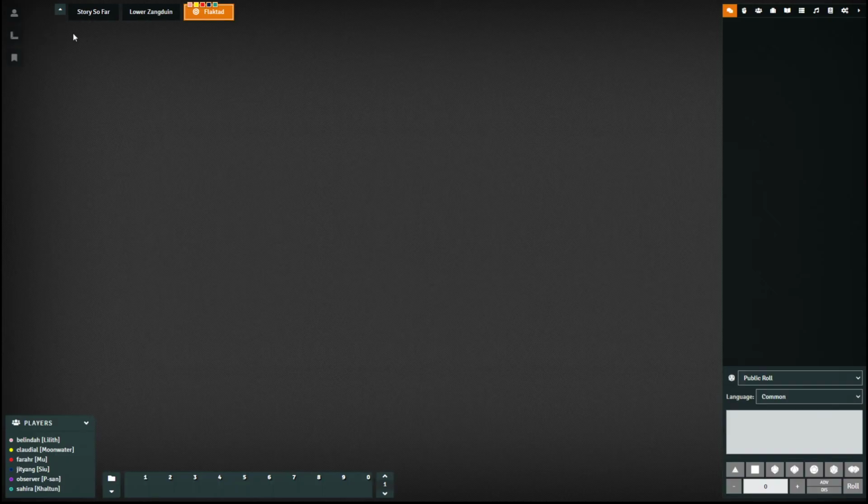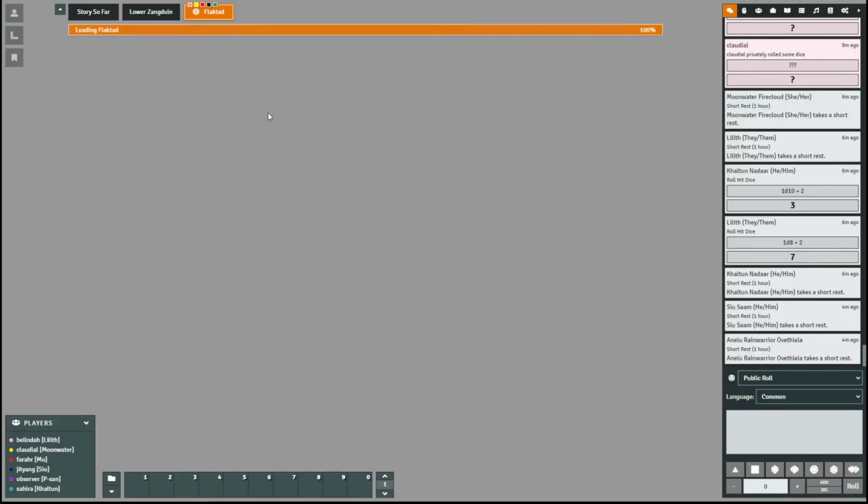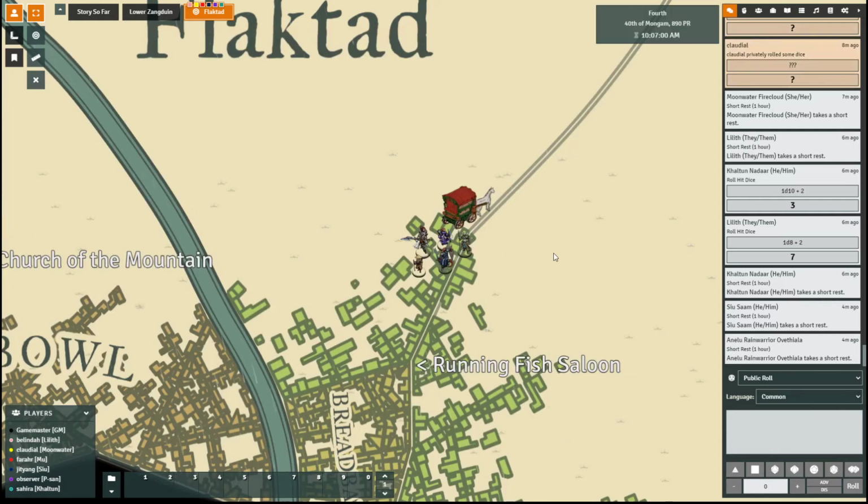We're in a new town. This new town is huge, though. Yeah, this is Flagtad. It's a metropolis, a capital city, very big, home to thousands and thousands of people. Before this, I would tell you that the town itself is home to a couple of thousand people. This time, thousands of people live in the city itself, not just a town of a couple of hundred people plus extras. This is like,